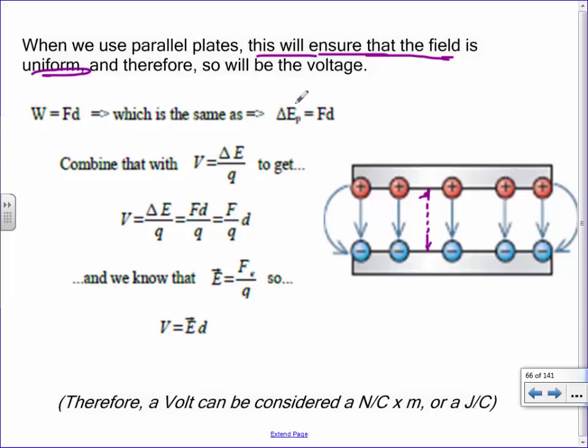So work is force times distance. Force times distance is energy. You see how what I've done right here is I've taken energy right here, and I turned it into force times distance. See this energy right here? It's work. I made it force times distance. Then I separated it a bit, and I said, well, let's make that voltage is force over charge times distance. But we know that field strength is force over charge. That's another formula we have.